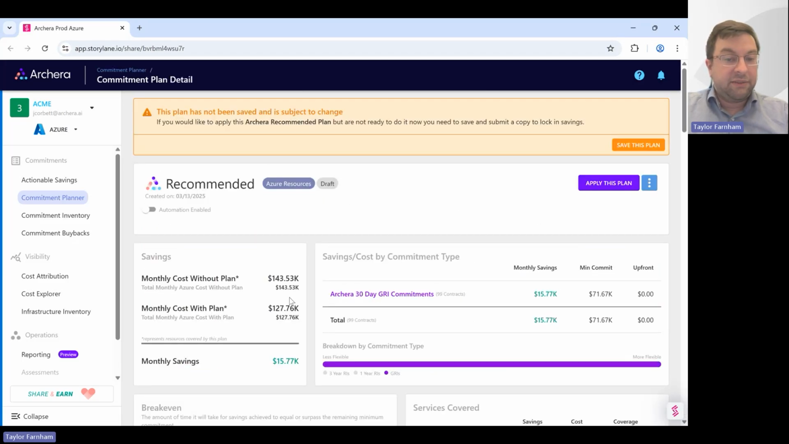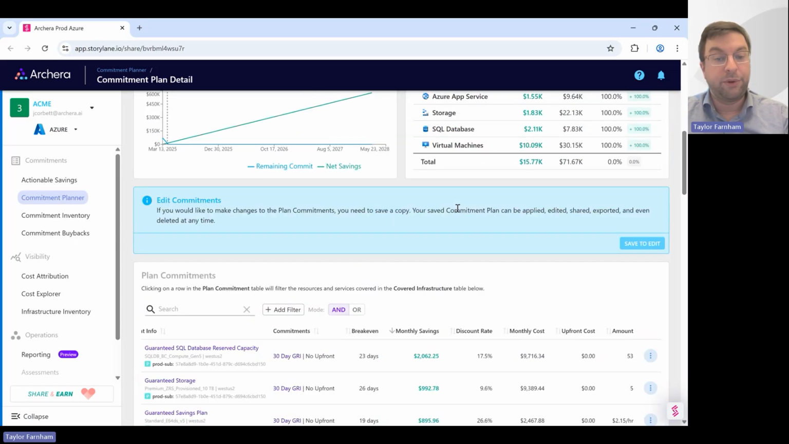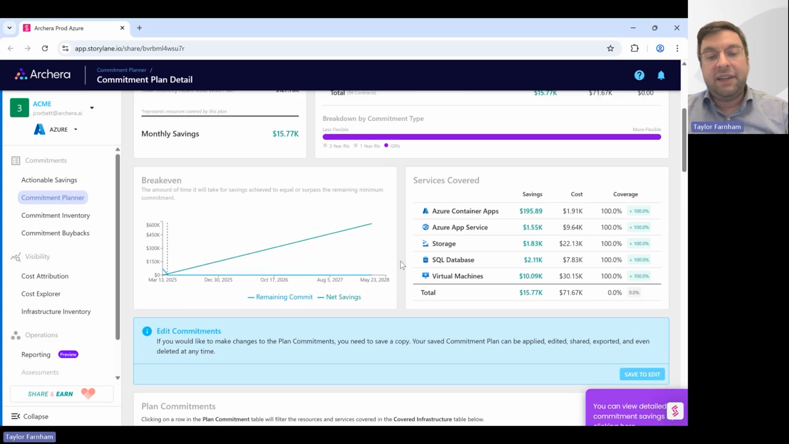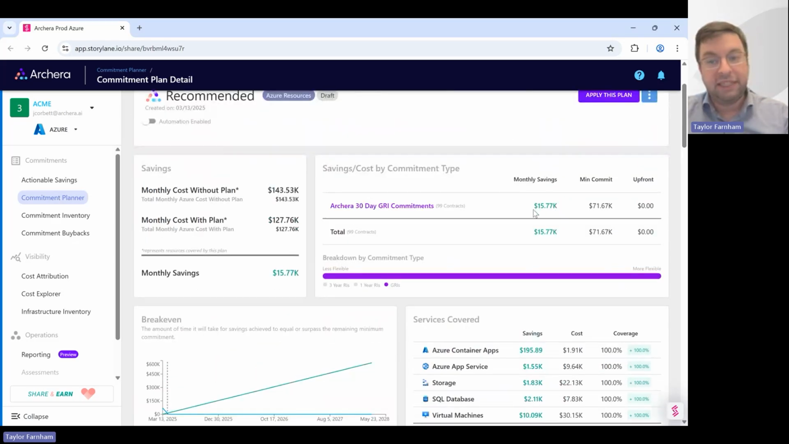To view the details of the plan, you can click in and take a look at the services that are covered by the proposed plan. So if I take a look at this, we've got Azure Container Apps, Azure App Service, Storage, SQL Database, and Virtual Machines. But of course, for most people, Virtual Machines is going to make up the majority of the consumption, but you'll see some advanced services mixed in there too when you have them in your environment. The savings are tallied there, service by service. And you can see overall the monthly savings for this plan would be nearly $16K, and it's made up of 99 contracts that the tool intelligently collects and surfaces